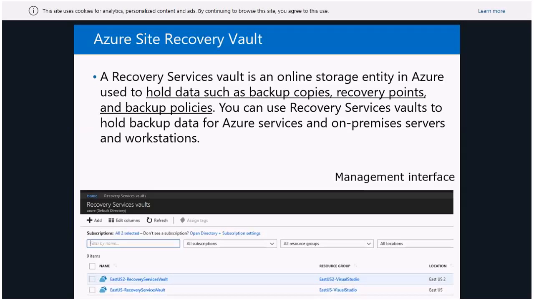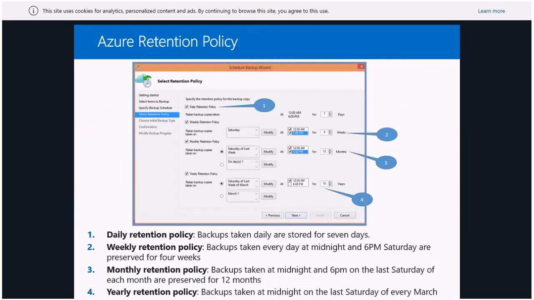And yeah, in 2 seconds I will run a quick demo, but there you go. The Azure Site Recovery Vault is the place, and the first thing you need to create on your subscription in order to start doing your backup.